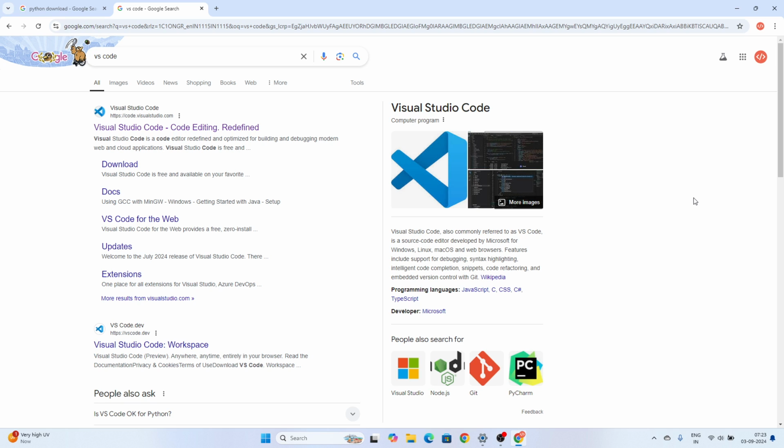VS Code supports different programming languages and is a very helpful IDE for programming. But let's understand the scope of VS Code when it comes to Python. The other famous and widely used IDE for Python is PyCharm. But the disadvantage with PyCharm is that you cannot run Jupyter notebooks in the free edition. You need to sign up for the paid one in order to run Jupyter notebooks